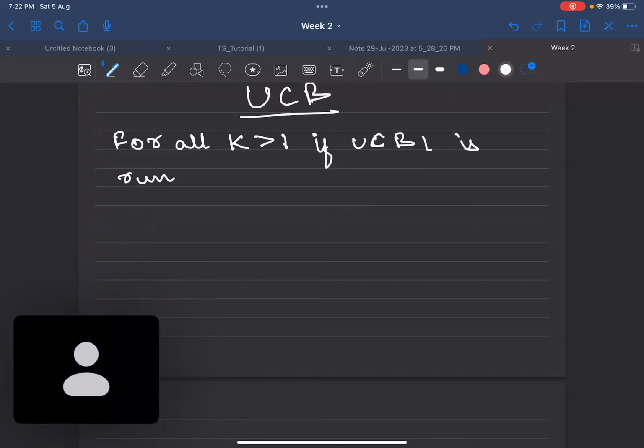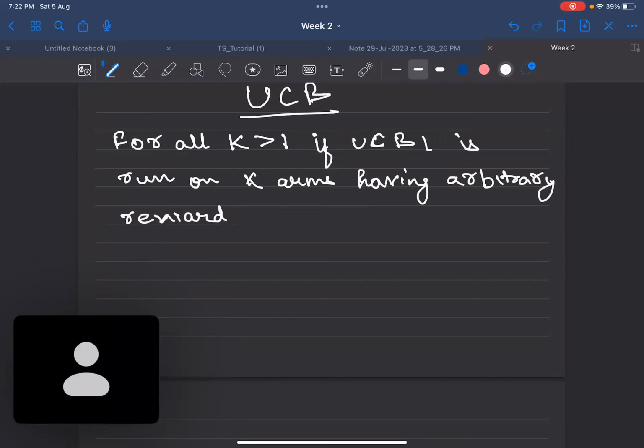For all k greater than 1, if UCB1 is run on k arms that have arbitrary reward distributions with support in [0, 1],